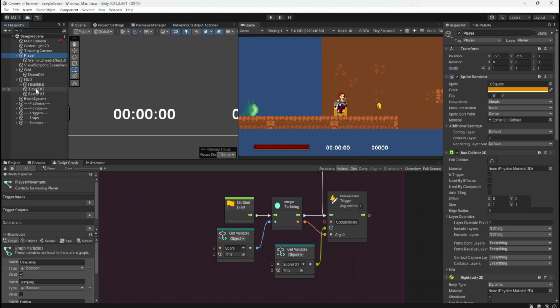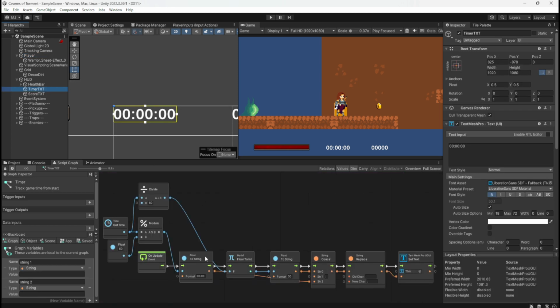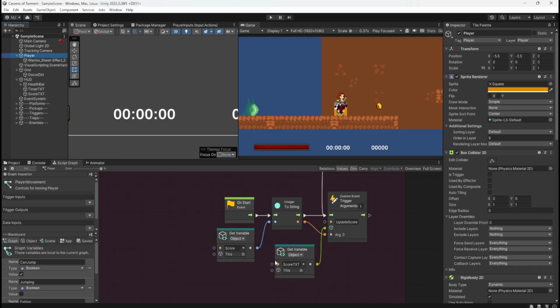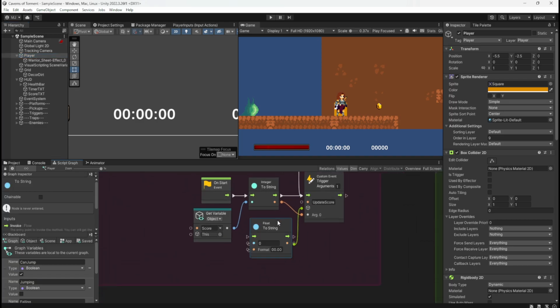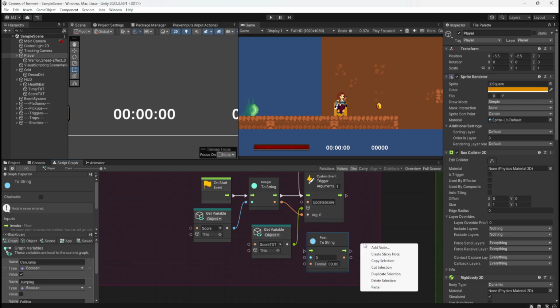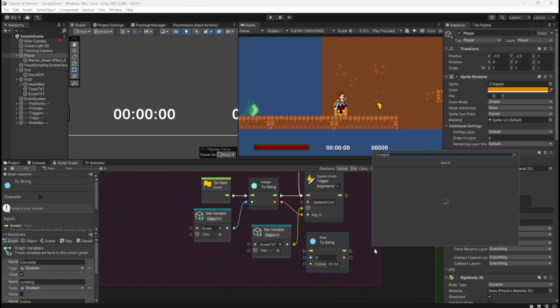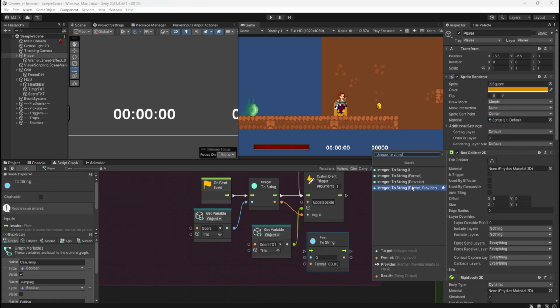So based on what you've just taught me, if I copy this float to string, no, it has to be integer to string. Integer to string format.